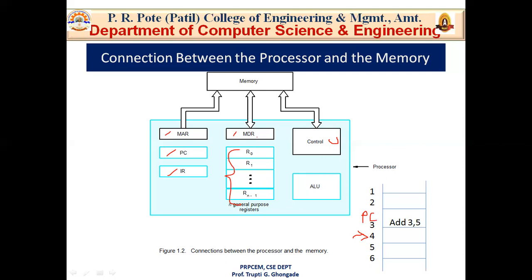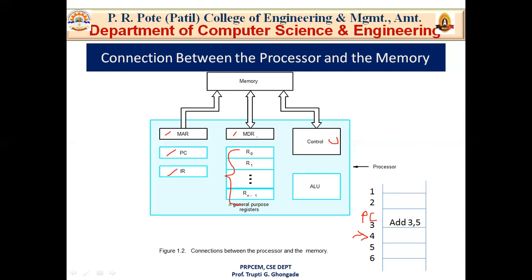So now let's consider some typical operating steps. Programs reside in the memory and usually get there through the input unit. Why? For example, add 3 plus 5. This is a small program, because a program contains instructions and add 3, 5 is an instruction. So when you type on your calculator 3 plus 5, this 3 plus 5 is given by the input unit to the memory. Which is your input unit now?